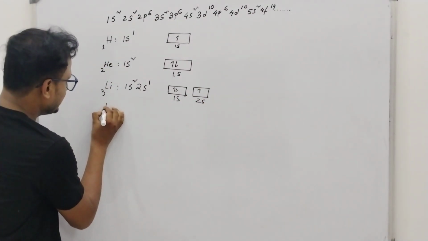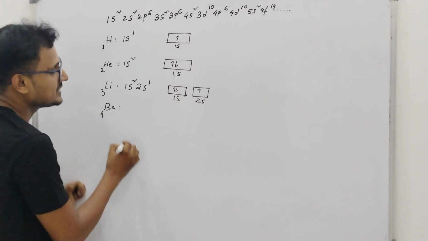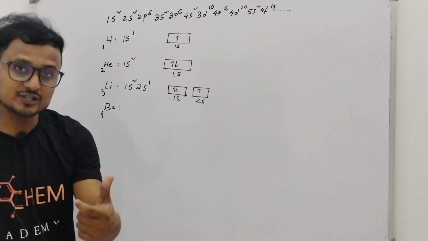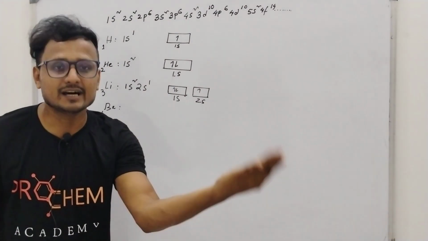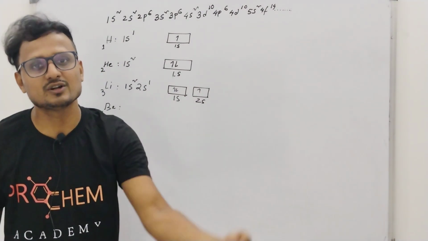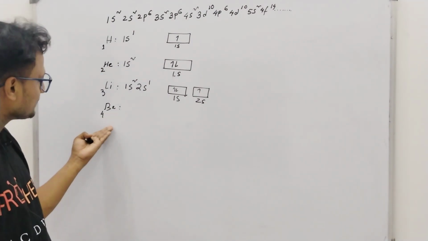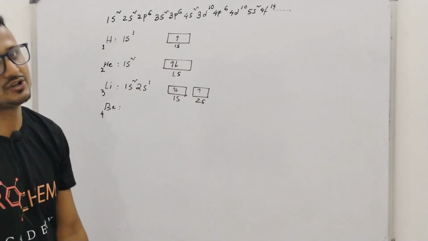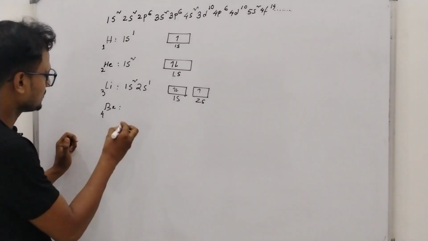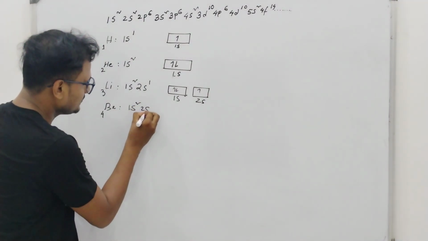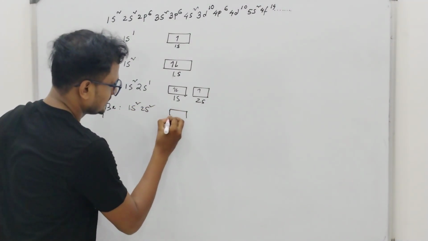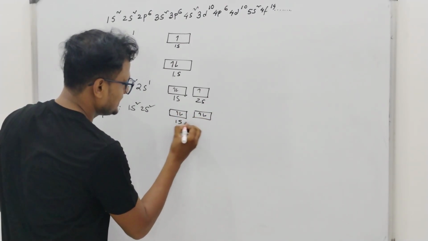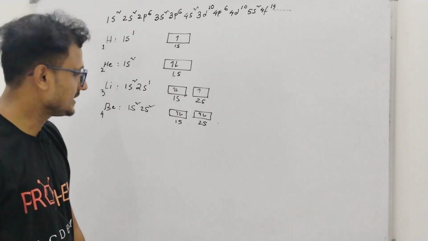Okay, then is the beryllium. Beryllium has the atomic number 4. Atomic number means the number of protons present in the nucleus of an atom, and the number of electrons is equal to the number of protons. So if we know the atomic number, then we can find the electron number also and write the electronic configuration. This is very important. So here it would be 1s2, 2s2. 2 electrons here and 2 electrons here. One is up spin and another one is down spin.